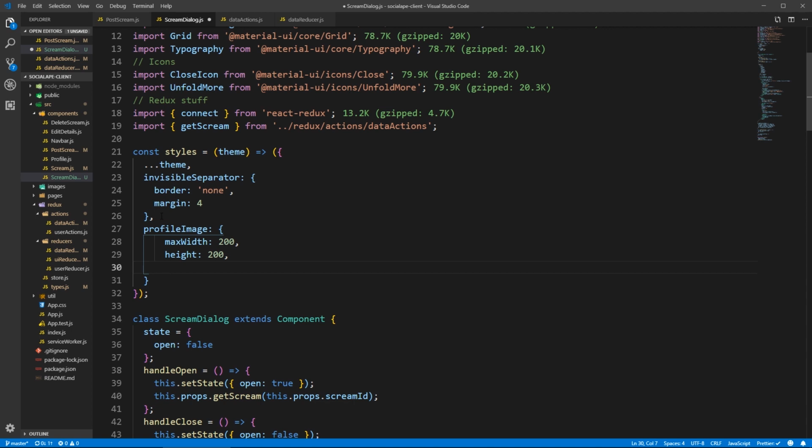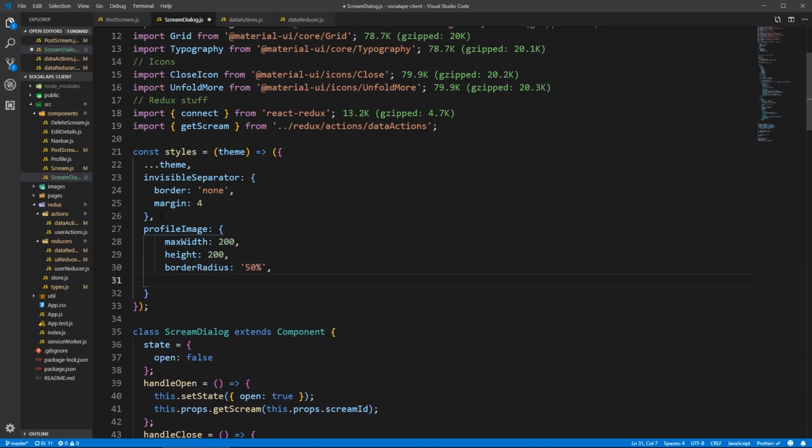I want it to be circular, so let's give it a border radius of 50%, and let's give it object fit of cover in case the ratio doesn't match 1:1, so that it doesn't